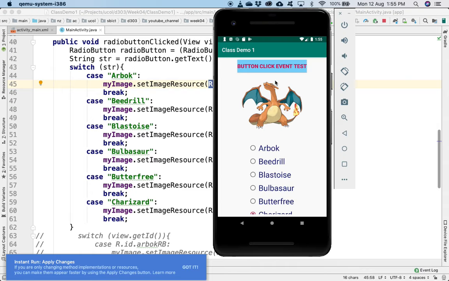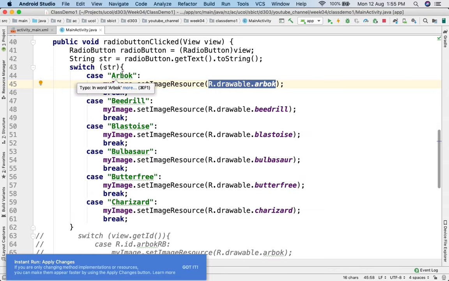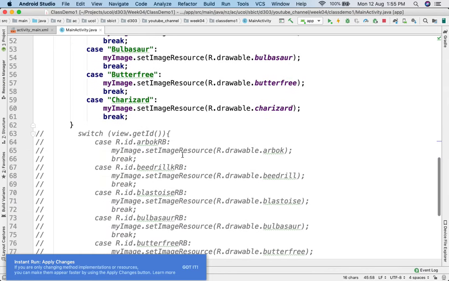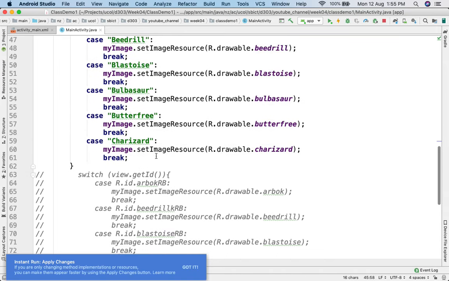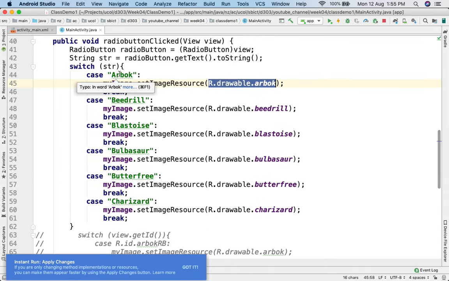So we have seen that we can use the text instead of the ID, but I think the ID one is much better. As I told you, string comparison is a much more complex process as compared to integer comparisons or integer equality checking. Okay, so let me switch to my